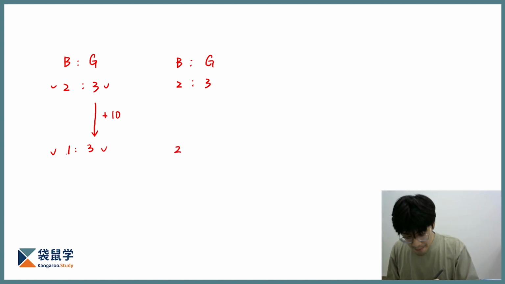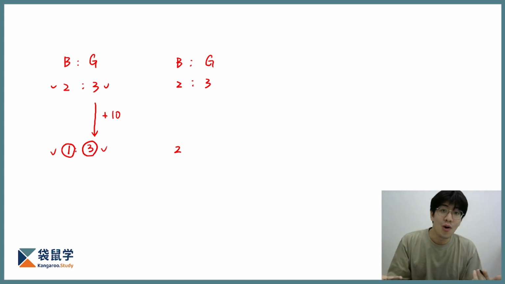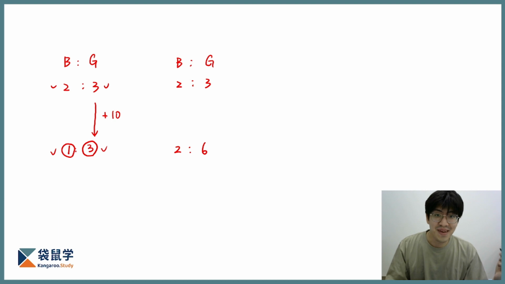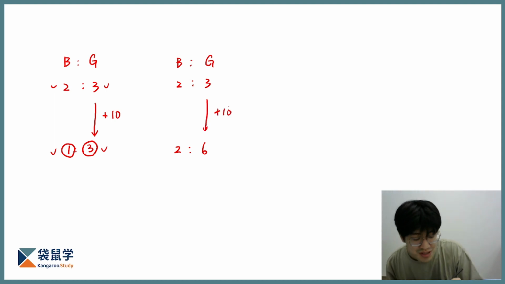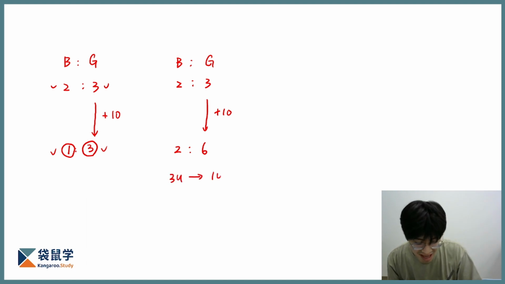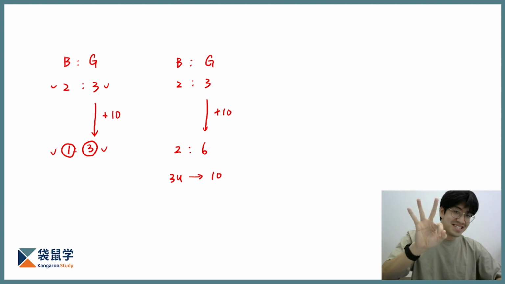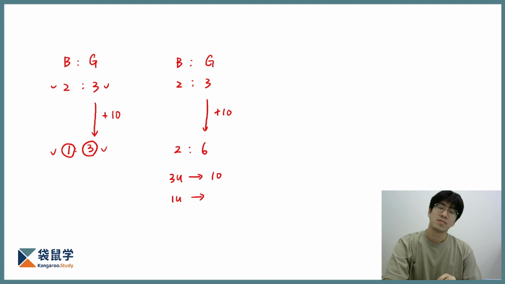But then, I multiply this number by 2. Can I just leave this number to the right? The answer is no. I would also have to multiply by 2. So now I get 6. And now everything makes sense, because now I can see that an increase of 10 girls corresponds to 3 units. So 3 units is 10, and we have already solved this problem. 3 units is 10, then I can know 1 unit is